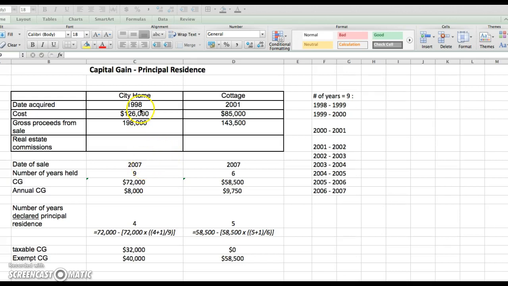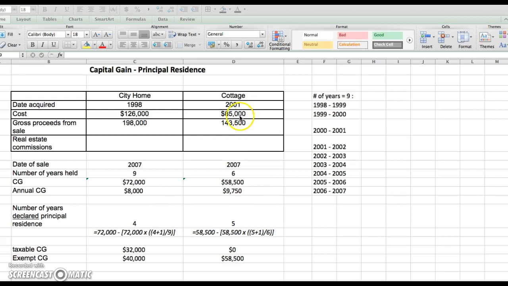So in the case of the city home, she sold it for $198,000 and she purchased it for $126,000. The capital gain was $72,000. She owned it for 9 years. Therefore, there's an annual capital gain of $8,000 on the city home. In the case of the